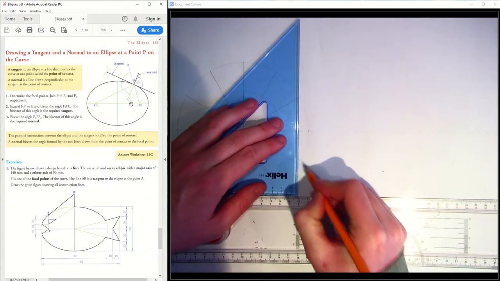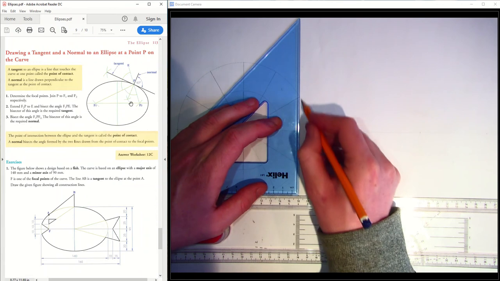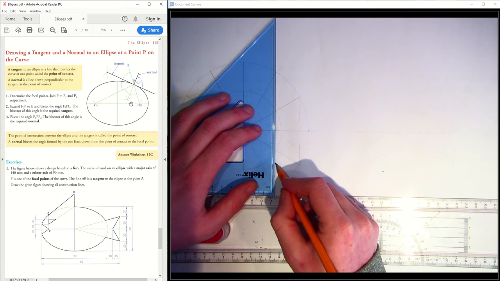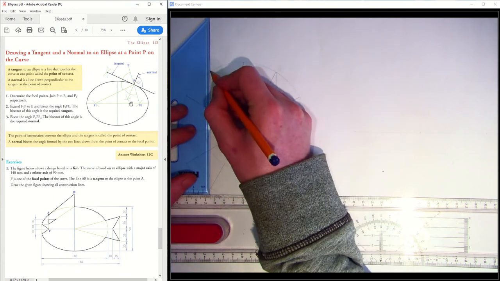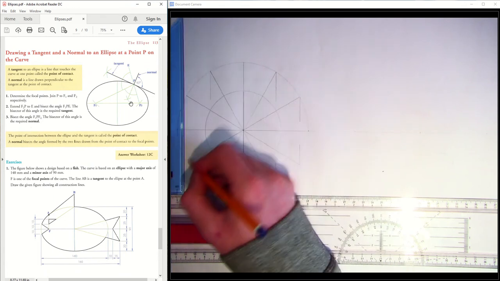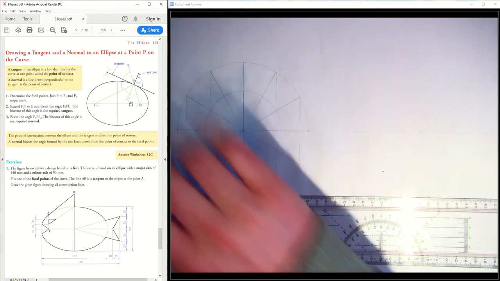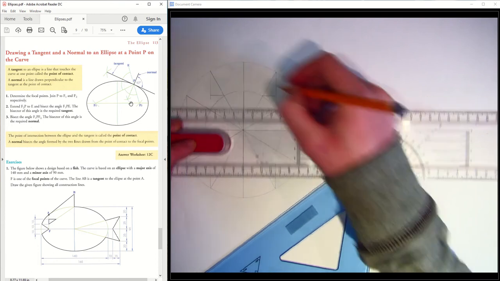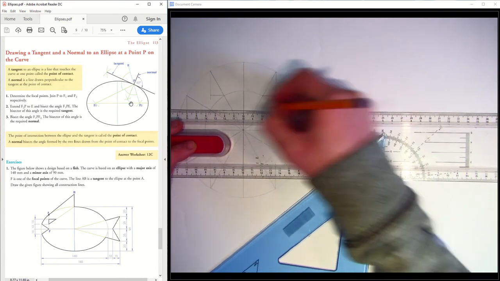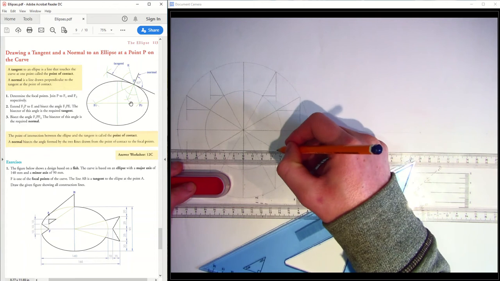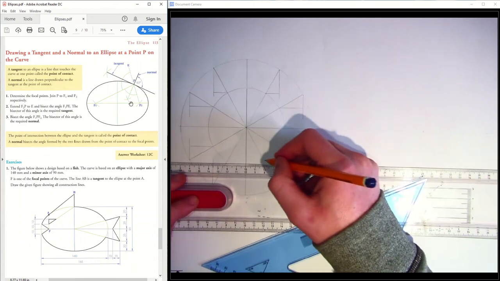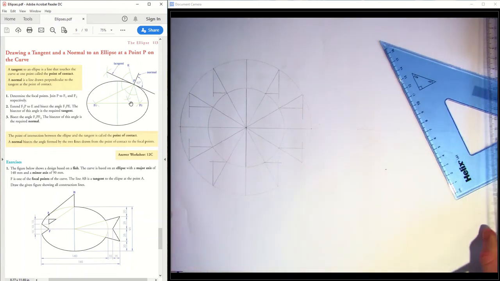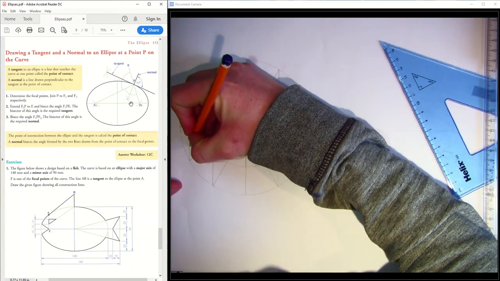So I want to... Okay, so that's the construction for my ellipse. I know all these points are points of my curve, so I'm going to draw it in